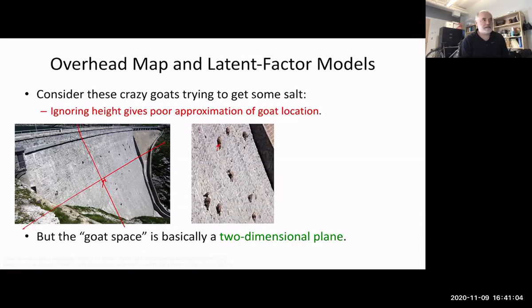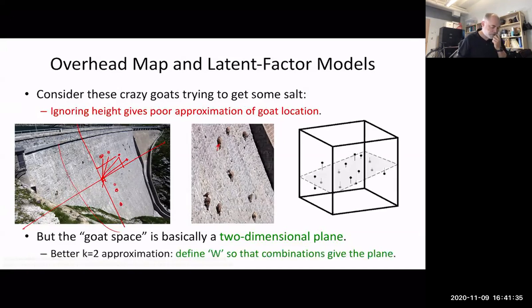If we can find the coordinate axis of the dam, then we could describe the location of these goats with very high accuracy. The dam is slightly curved, so it's not absolutely perfect, right? We could describe their location very well relative to one another by finding these basis vectors, and then the relative weight of each of these basis vectors to describe every goat position. So a better K = 2 approximation of 3 space is to find